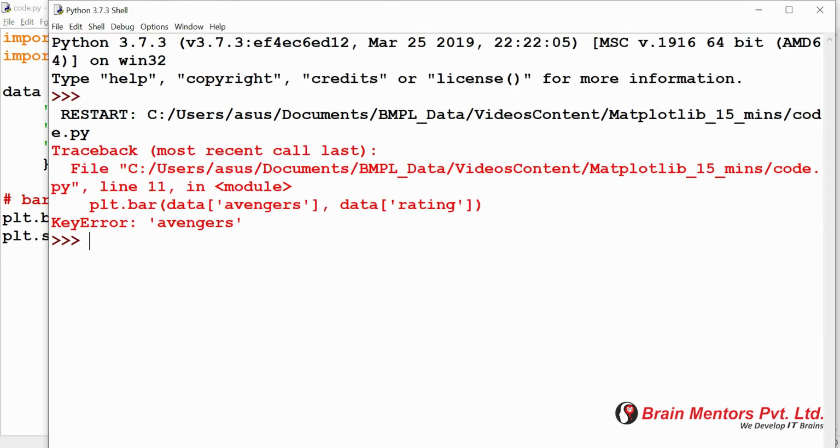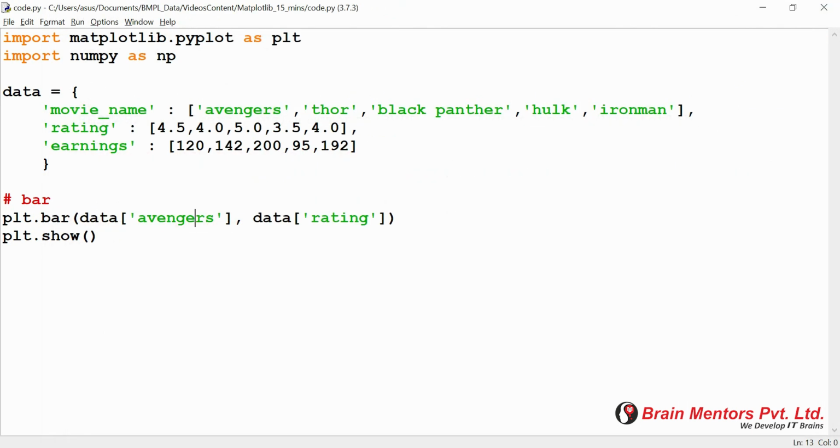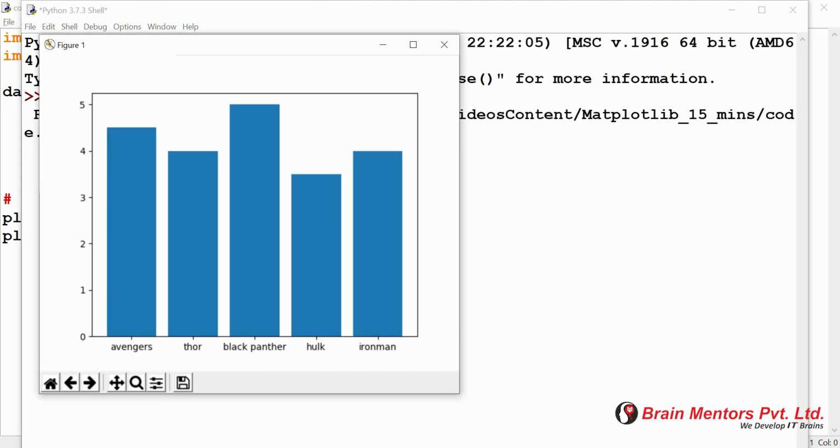You will see a graph. Okay, a little mistake here. This is the movie name. I need to write here movie name, and after that rating. Let it run. Now this time you will see a bar graph like this.